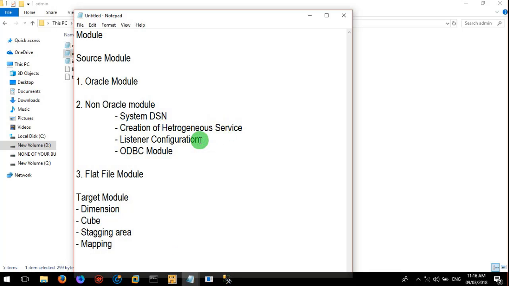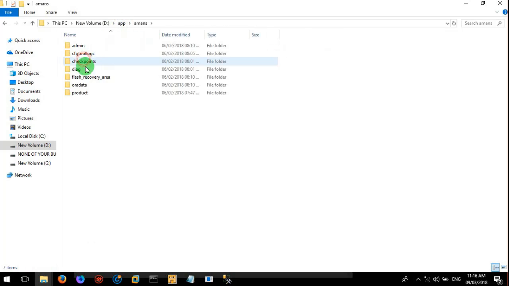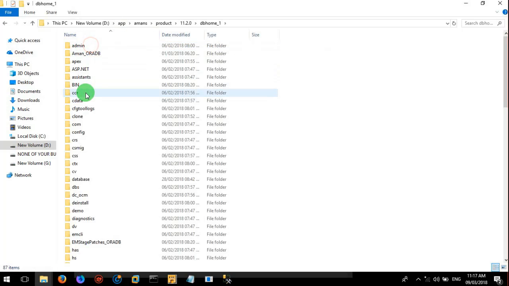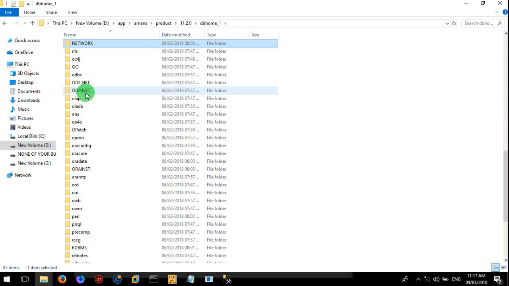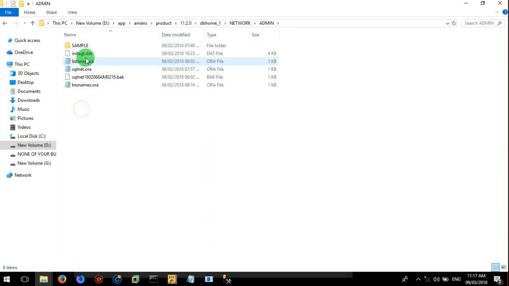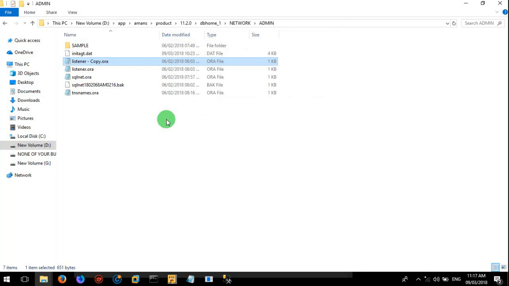Now it's time to configure the listener. For listener configuration, again you need to go to this app folder, then product 11.2.0, db home 1. This time we'll look for the network folder. Yes, here it is. Under network, go to admin. We have a file with the name listener.ora. Now we need to make some changes in this. Before making changes in this file, we'll create a copy of it so that later, if we need to go back to the initial settings, we have a backup. And now here under listener.ora,